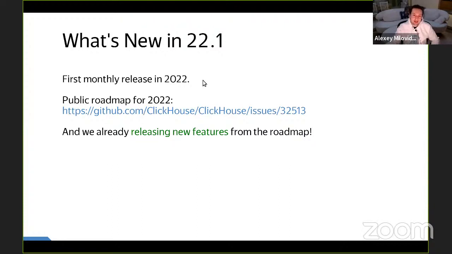The first number is just a year. So now we have the new year and the new release. We have our public roadmap for this year, and we already started delivering new features. Let me show what new features we already implemented from the roadmap.